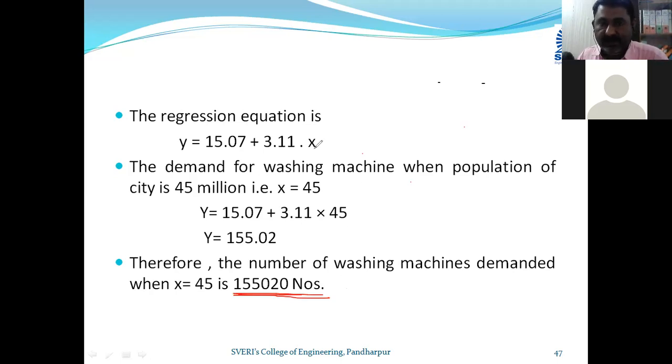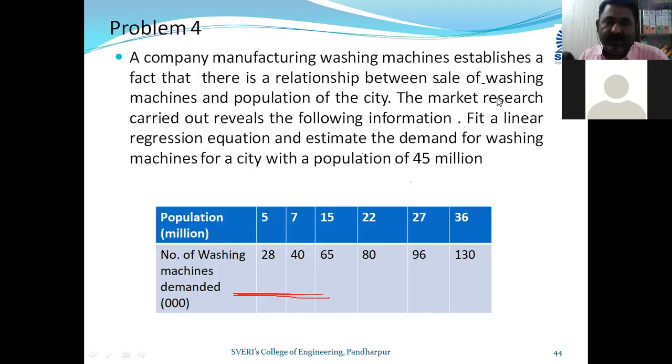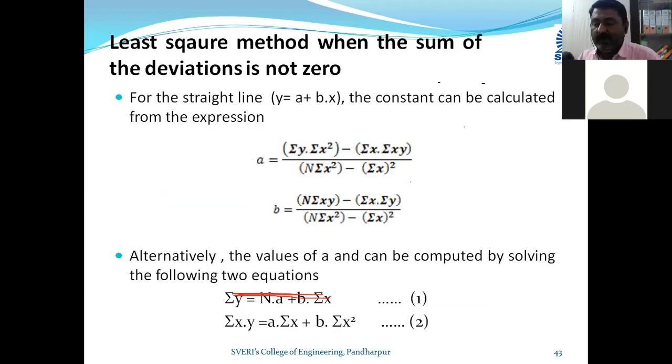Friends, we have solved numericals of different types. We repeat simple numericals when the number of data points is odd, where the summation of x is equal to 0. Second, the even type, where the summation of x becomes 0, but you have to take the center. The center is not easily located due to the even number, so we have to take one center in between. These 2 to 3 type of problems we have discussed, and today we have solved the numerical where the sum of the deviation is non-zero. Then how to proceed for this type, that we have discussed.